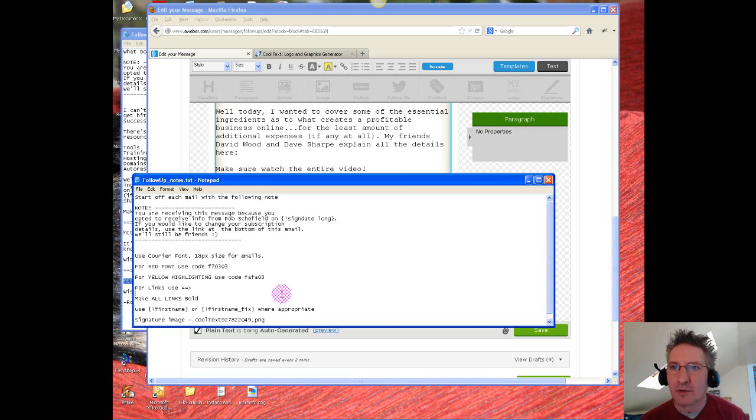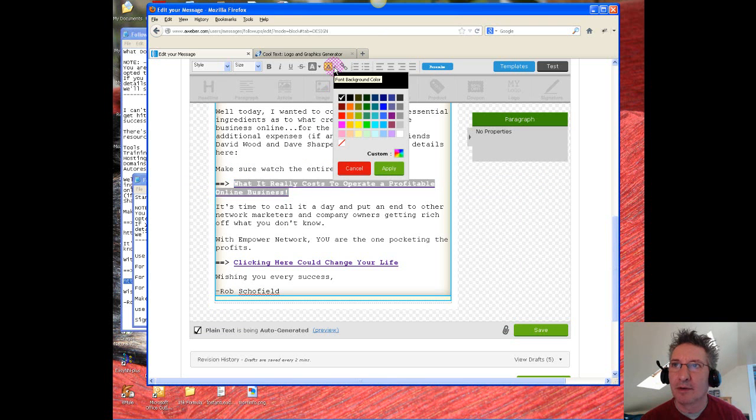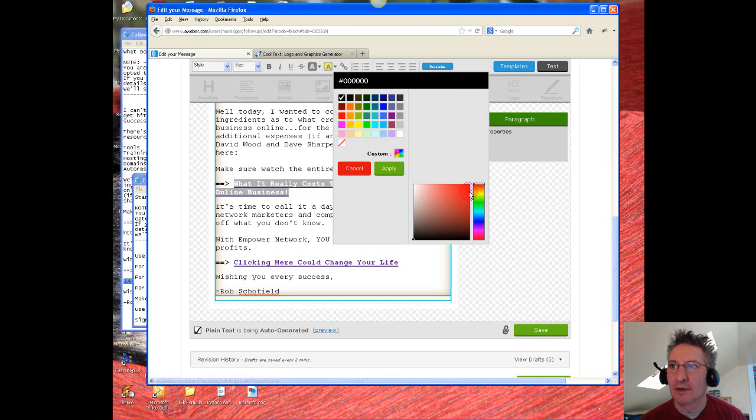So I'm going to need this because I'm going to highlight that link. So let's Control-C that. Now I've got my anchor text highlighted. If I come up here, there's a number of background colours I can pick. These are solid colours that are ready to go. If you don't like any of them, you can click on this colour chooser icon, and then you can get this fancy